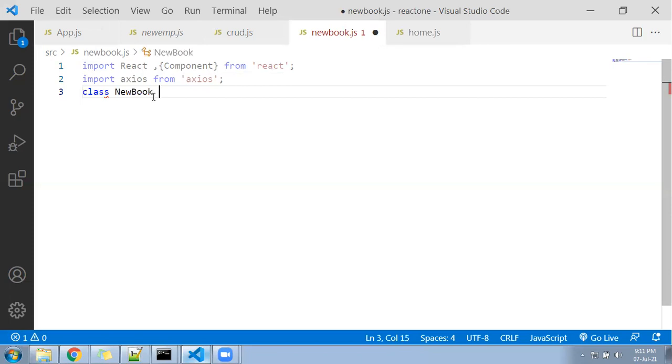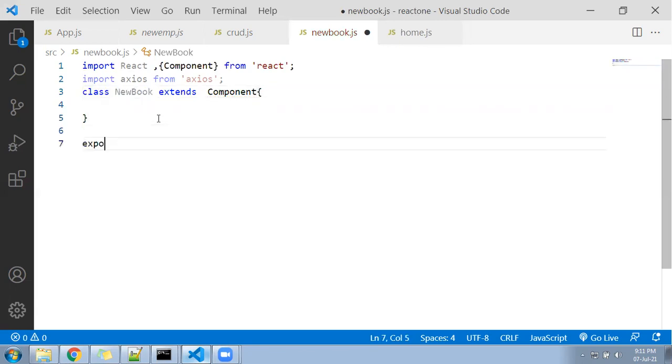After that, it has to extend Component. Extends, sorry, it should be extends Component only. So this is done till here. Now below I'll do the export part as well. Export default and then new book.